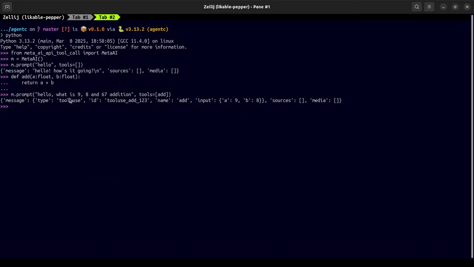We have the type, so we can infer what type the message is. We have the ID. We don't need that, I think. The name is what we are looking for. The input is what we will have. These two parameters are quite important, the name and the input. So this is correct.